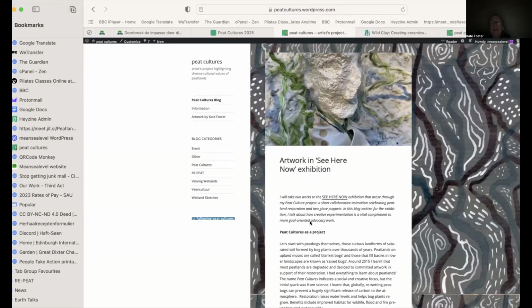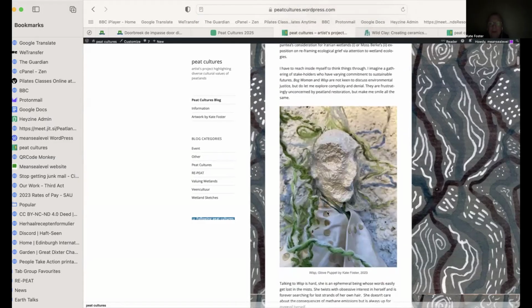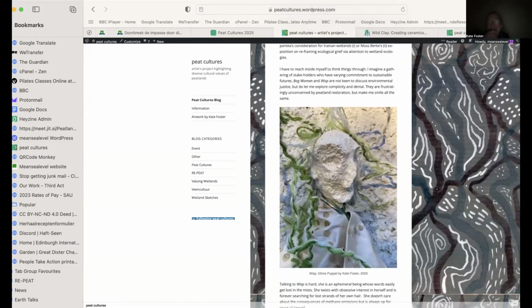Over in England at the moment, I'm showing an animation about peat and restoration, but I'd like to just mention these two puppets that I began to make, moving from shadow puppets to glove puppets. All very portable and very mobile work that can be bunged into a bag.